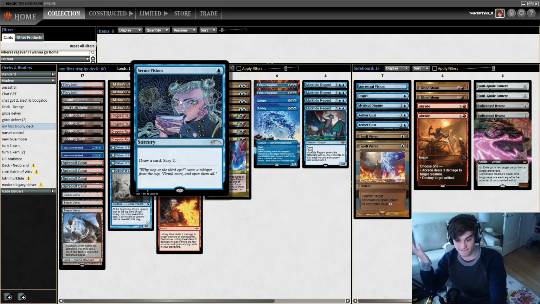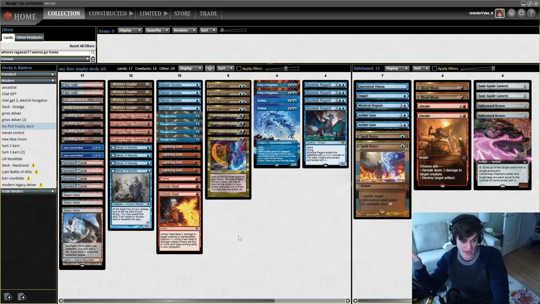And who knows, maybe that is good enough. Maybe being able to fuel Delirium and help flip our Delvers is good enough for it to maybe be better than Consider. Arguable. And then we have another